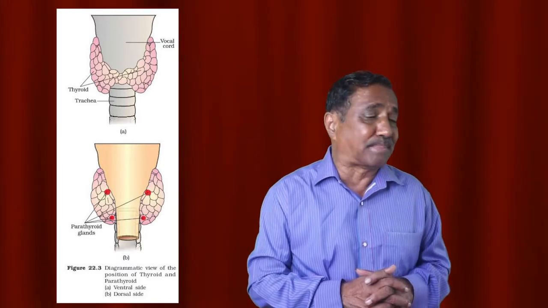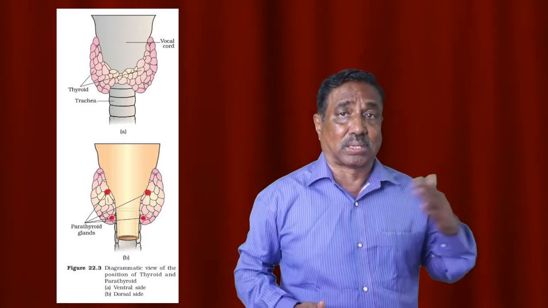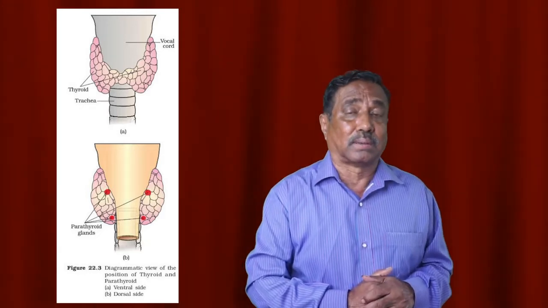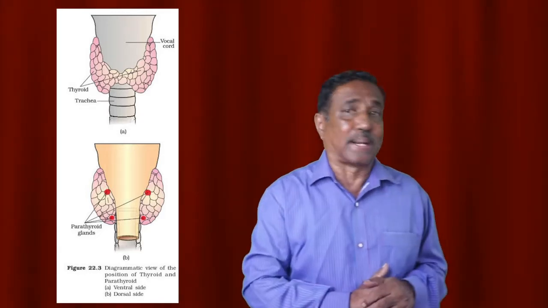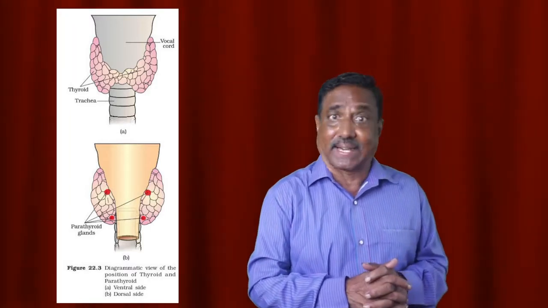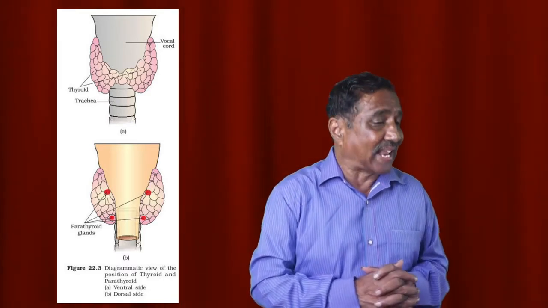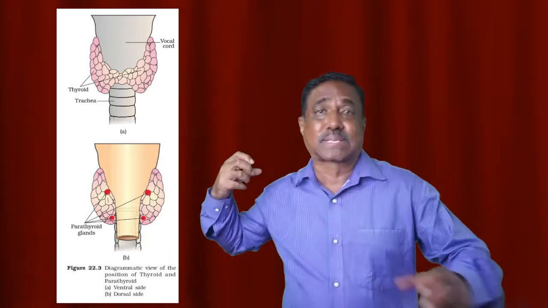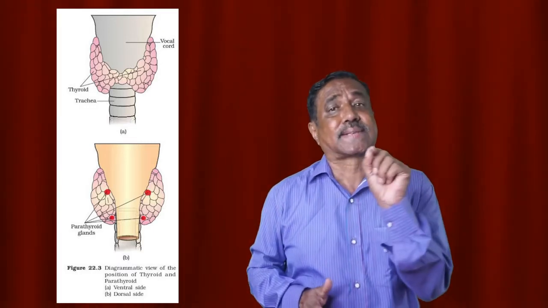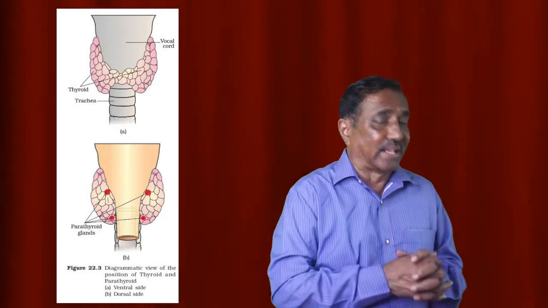It also plays an important role in calcium reabsorption in renal tubules, that is the PCT. So far not asked, that is also very important. And calcium absorption from the food is also a role of the parathyroid hormone, which is very important, and along with thyrocalcitonin, it regulates the calcium composition. As it robs calcium from the bones, it is called a hypercalcemic factor. That is, the PTH increases the calcium.